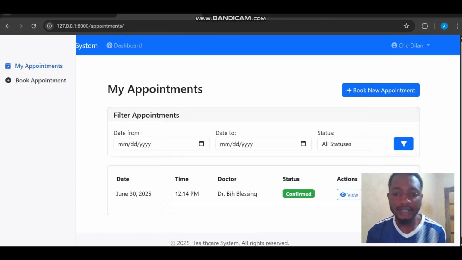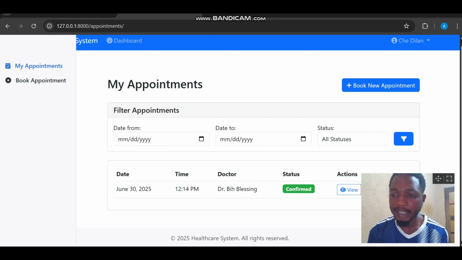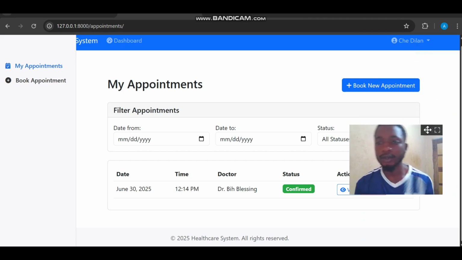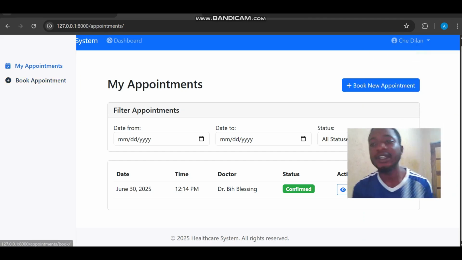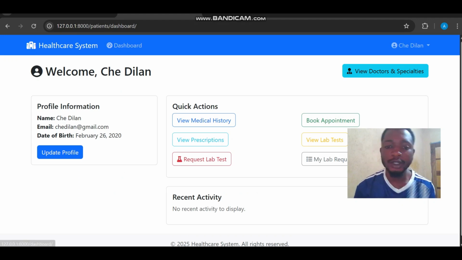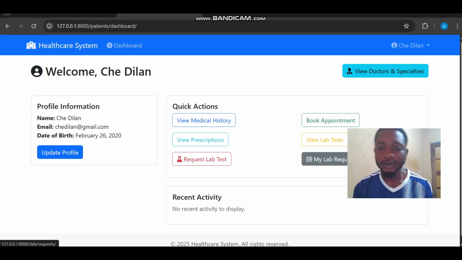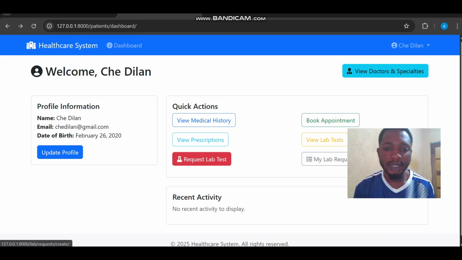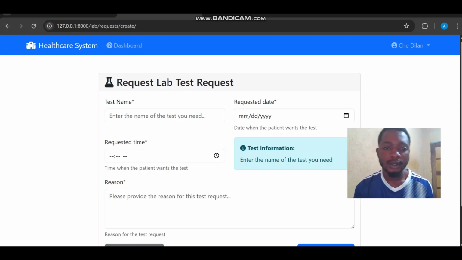If you go under my appointments, you are going to see that he has an appointment that's been confirmed. So the appointment is confirmed by the doctor. Okay, so maybe after discussing with the doctor, the doctor can tell the patient to ask for a lab test. So the patient can request for a lab test, and maybe